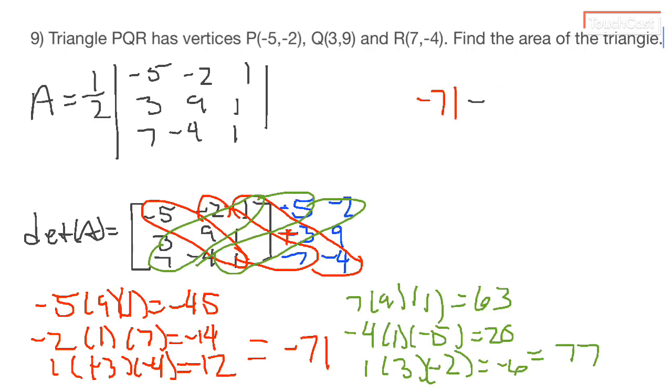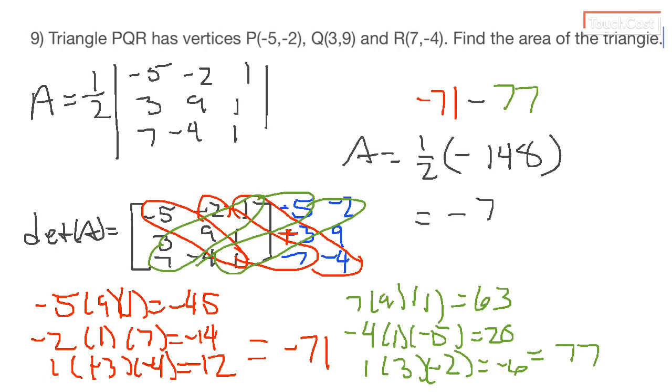So we're going to go negative 71 minus 77, and we're going to get negative 148. And then we're going to multiply that by a half so we can find the area. So the area is going to equal negative 74. And we're going to wrap this video up